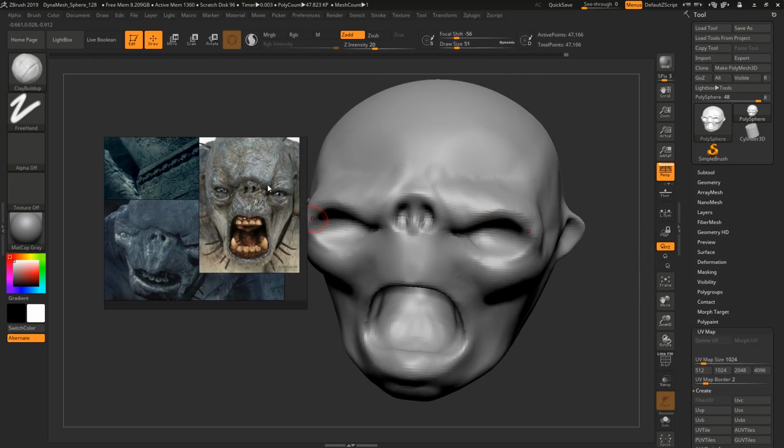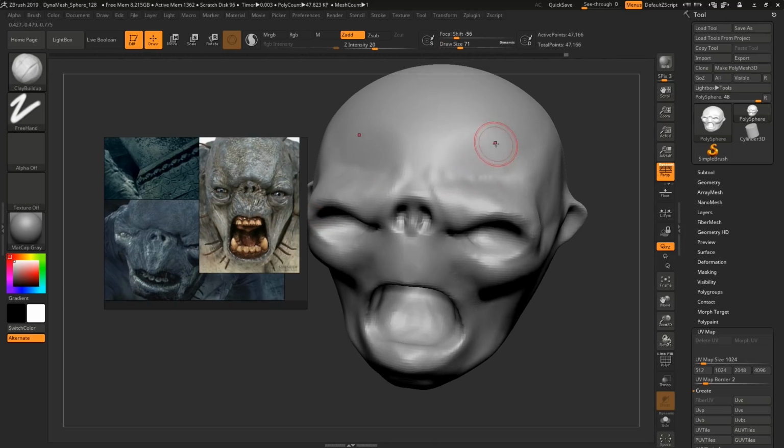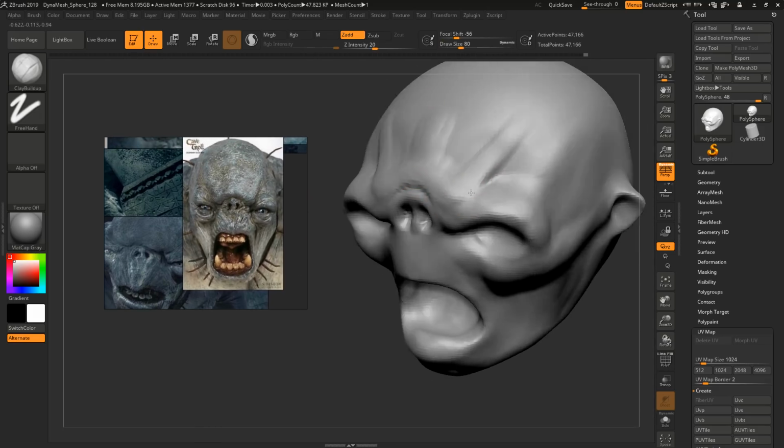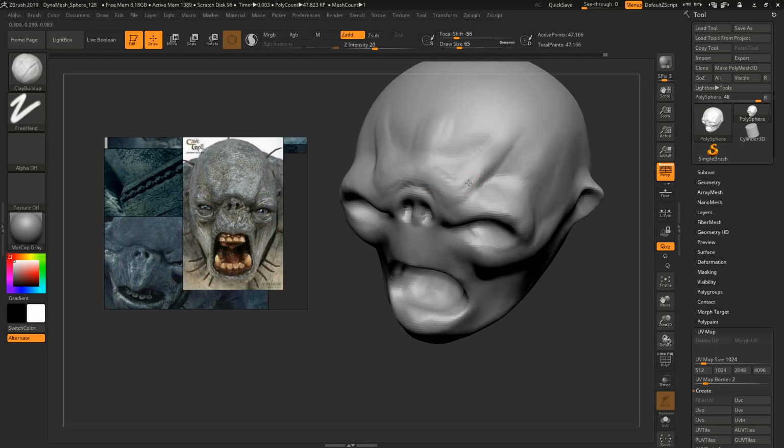I want to get this brow thing here, whatever this is. It's pretty funky in terms of anatomy, but I just want to get some of this in here. Kind of made up stuff. Yeah, it looks like they have a freestyle anatomy a little bit here. But it looks pretty cool. So it looks like he can ram his head into something really hard. So you wouldn't see this on monkeys or whatever it is, but they're also not ramming their